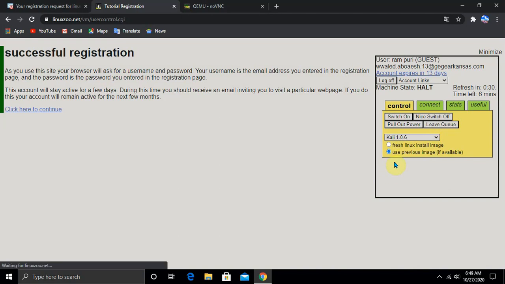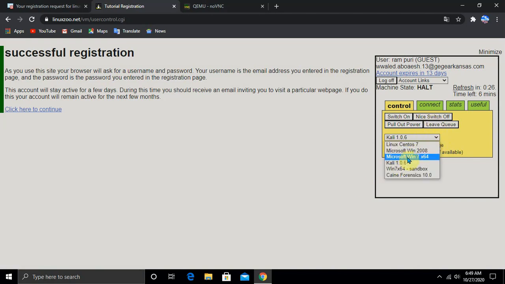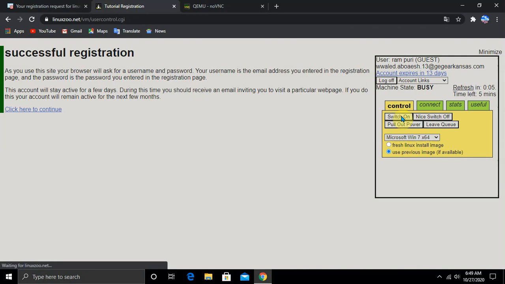Then choose another one. I will choose Microsoft Windows 7 64-bit and switch it on.